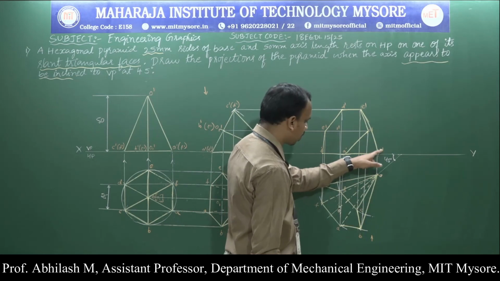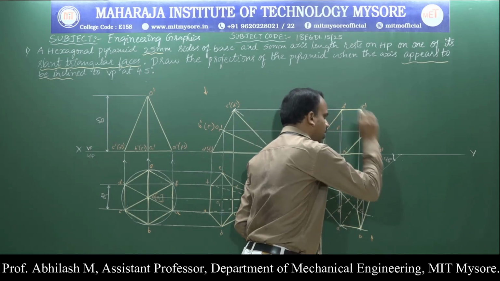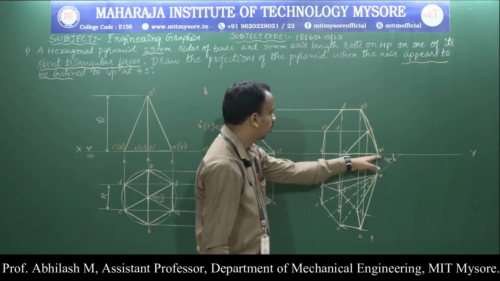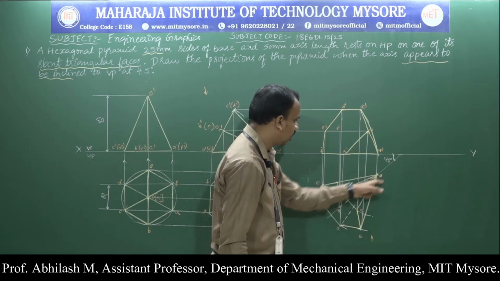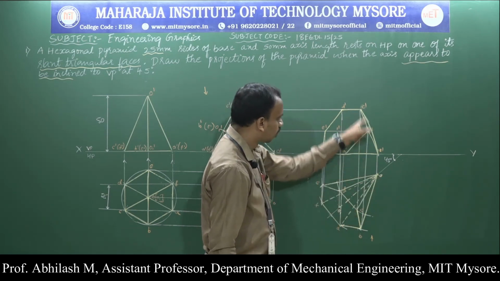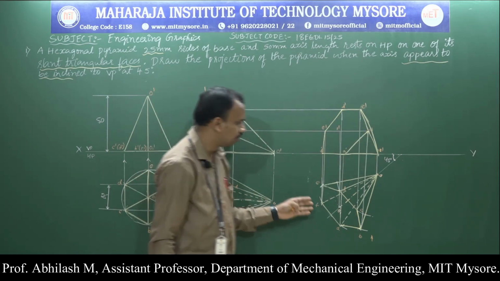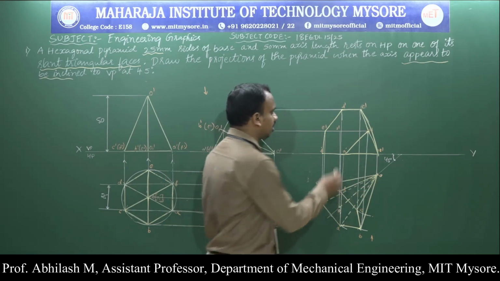So in here O to B is completely visible, that is O dash, B dash. O to A is visible, O to A we have already done. O to B is also visible, that we just made. O to C is visible, O to C is already made visible. Which is far from the observer or not completely visible, that is from O to E is not visible, O to F it is not visible.